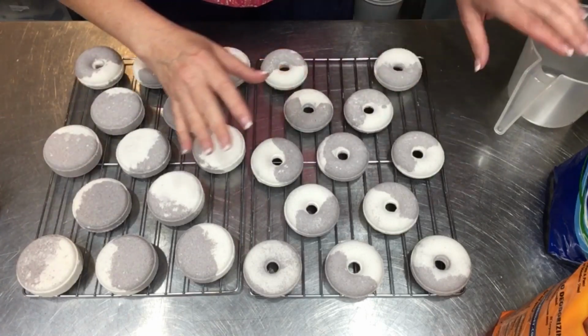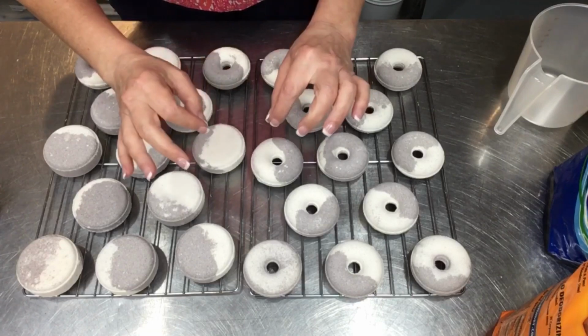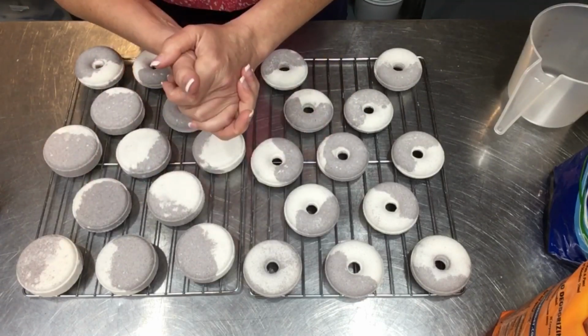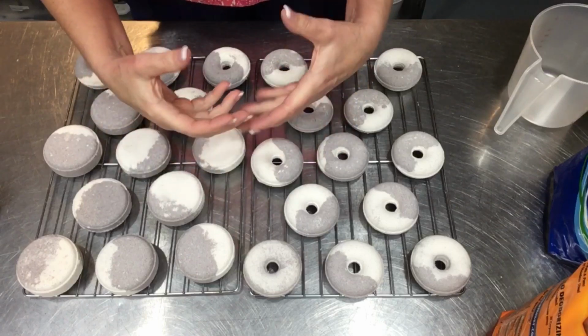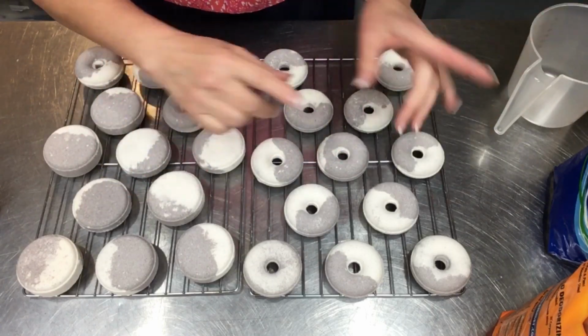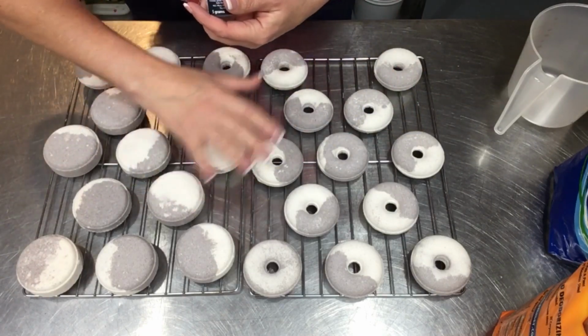I will do just a cocoa butter, baking soda mix for the drizzle, and I'll bring you along as I do that and show you with a little polysorbate 80 in there just to help emulsify the oils in your bath water so you don't get a really slippery bottom on your bath. So we'll make that a little bit of fragrance in there, and then I will drizzle just the plain white